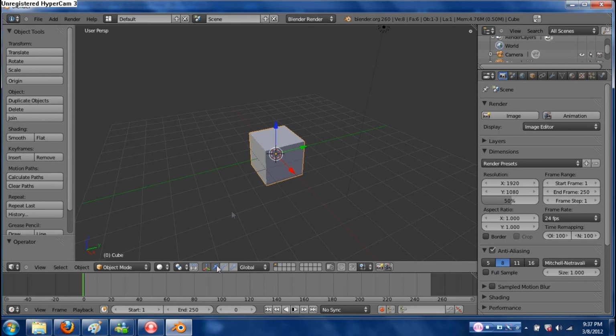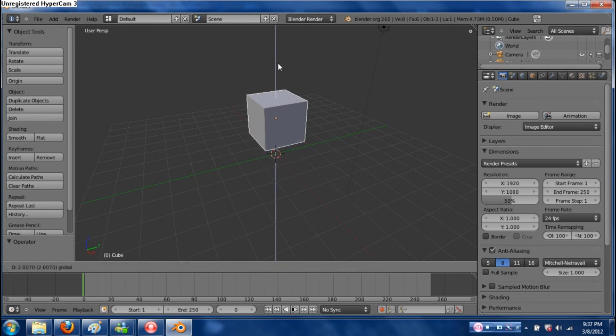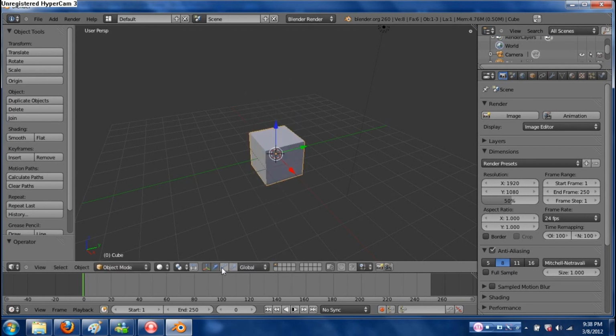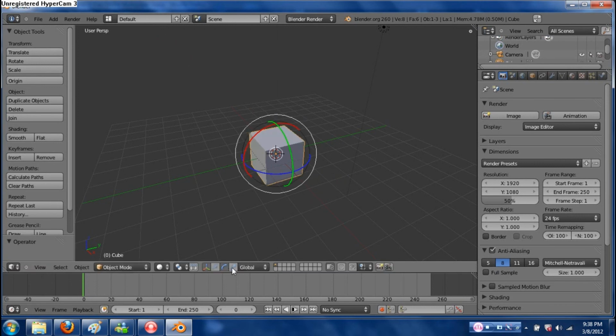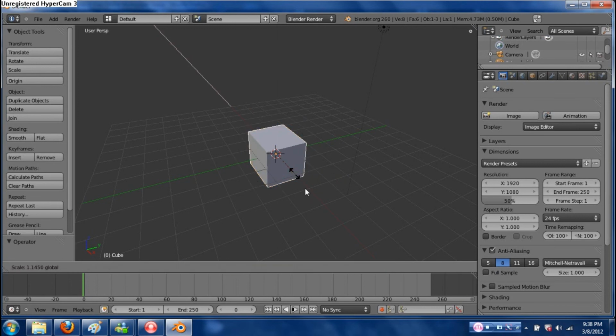Okay, now that that's out of the way, an easier way to do that is with these buttons down here. There will be like a little graph looking thing here. You click on it, opens up three options. The first one is the grabbing tool. The next one is your rotation tool, and I usually use this for rotating. Easy and accurate. And this one is your scale.